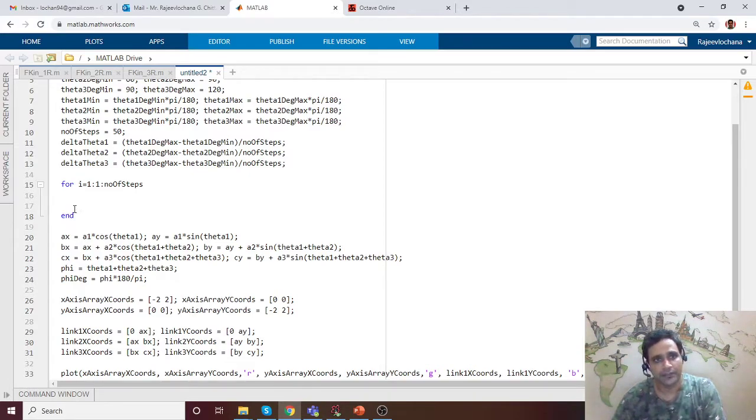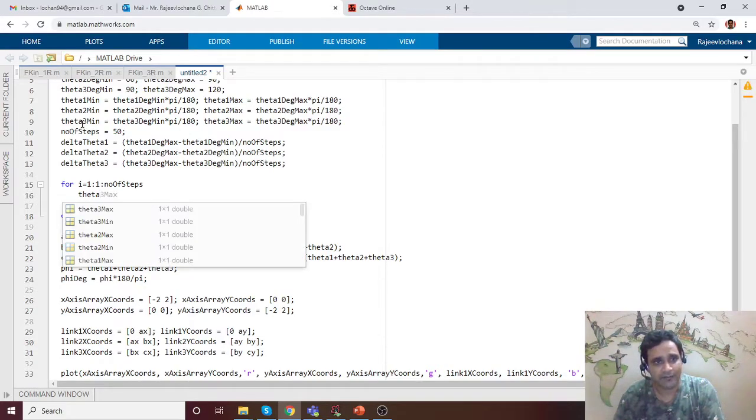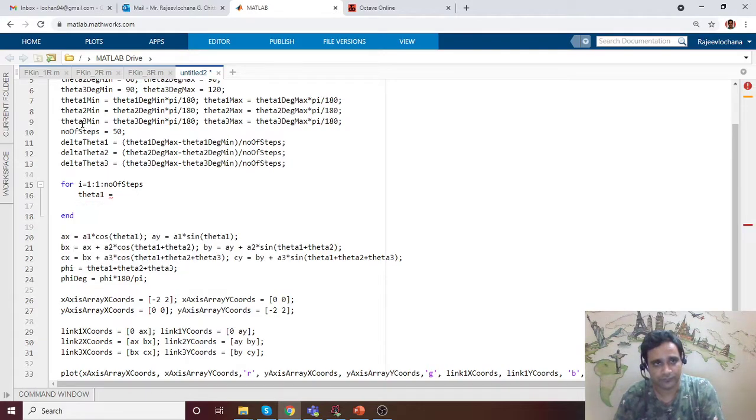Now the theta 1, theta 2, theta 3, they have to be put in some array if you want, or you can also simplify your program. Since many of you are learners here, let us simplify the program. So the theta 1 value, I have not defined theta 1 yet.